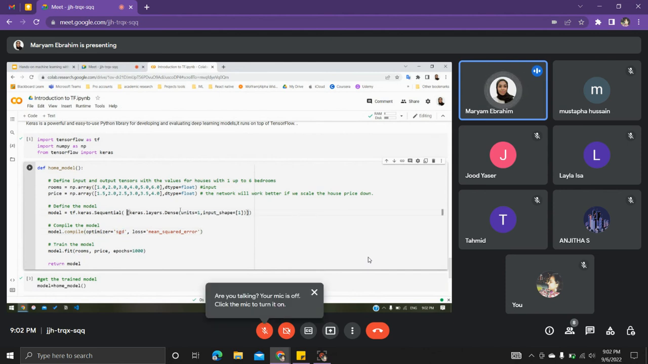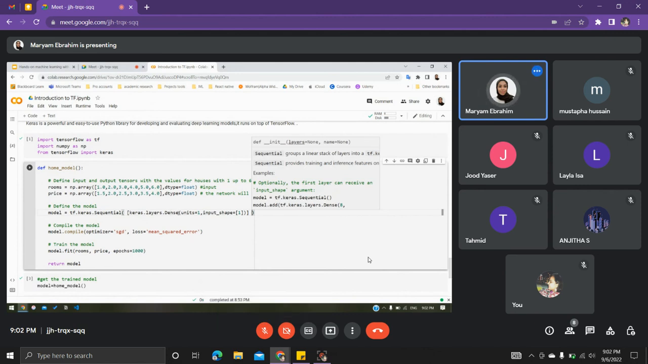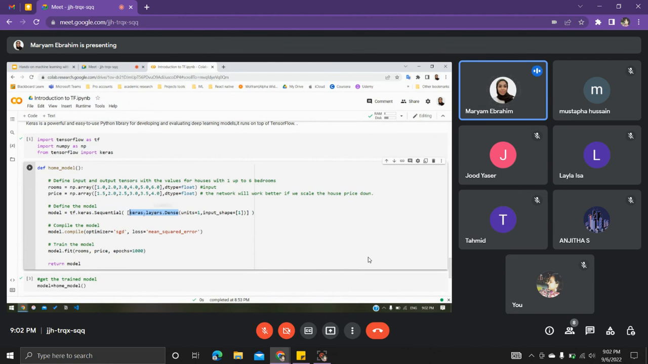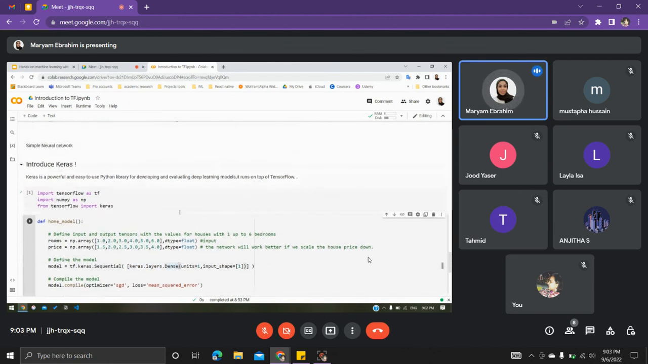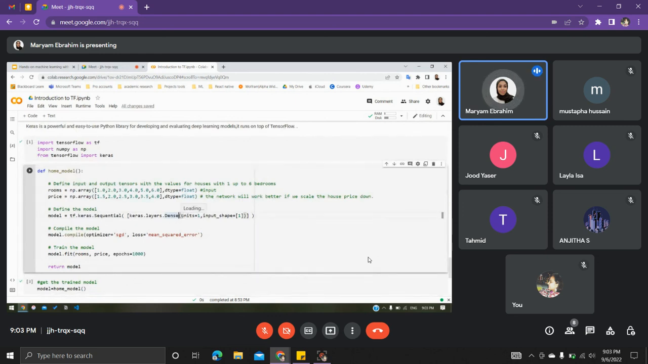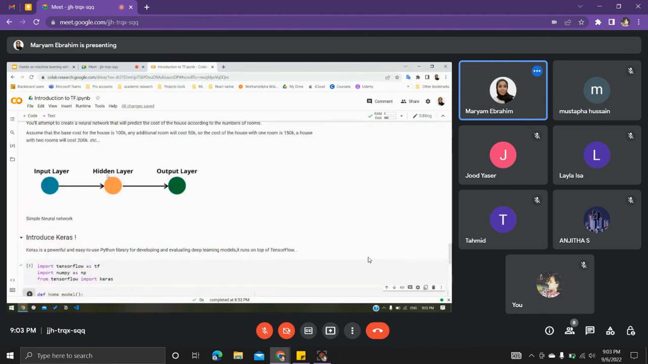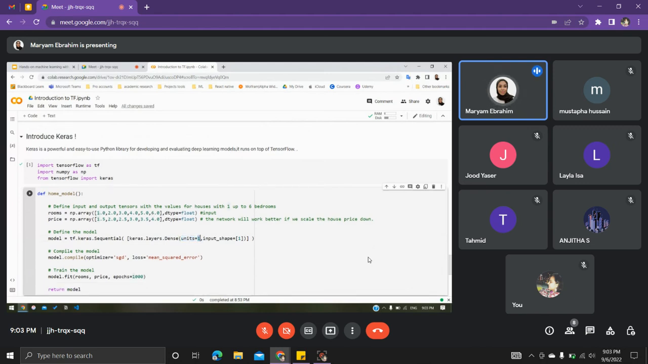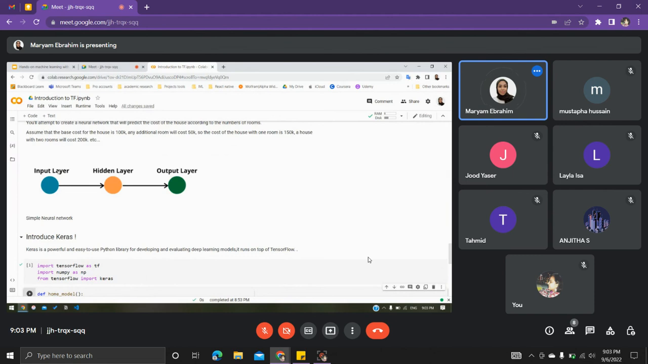And inside the Sequential, we just say keras.layers.Dense. What we are trying to do here, Dense will define our hidden layer. And inside it we pass units and input shape. Units is the output size that we will have from the hidden layer. Since from this we desire to have one output, we define the units equal 1, and the input shape is equal to 1, just as we have here. We have one input